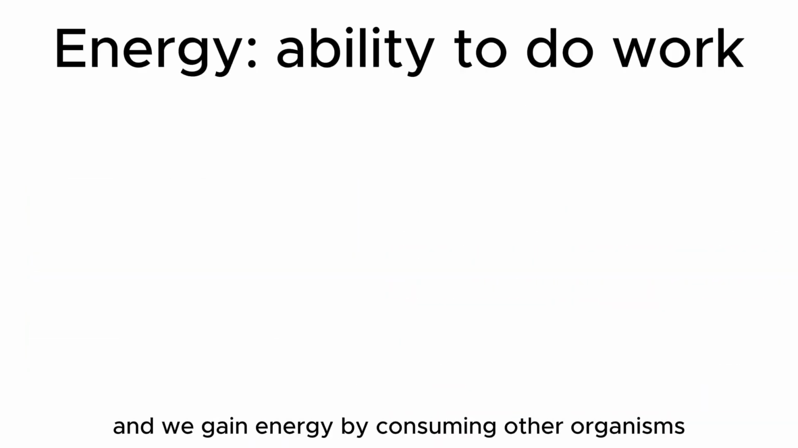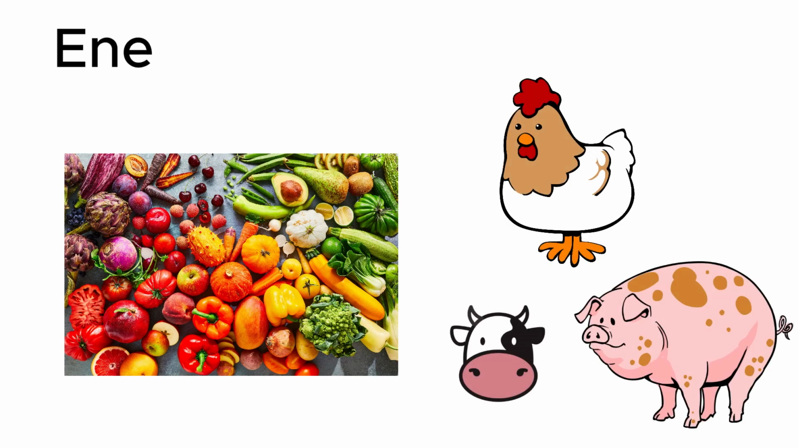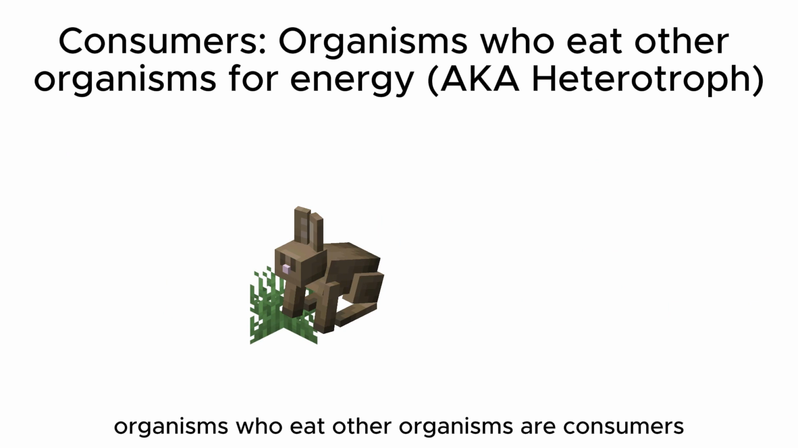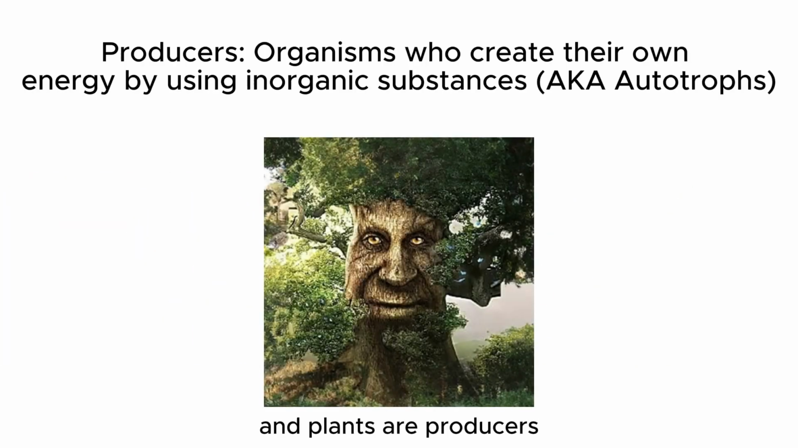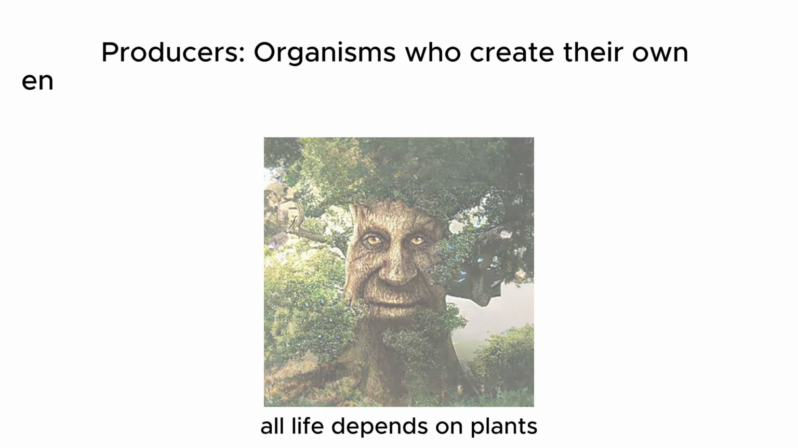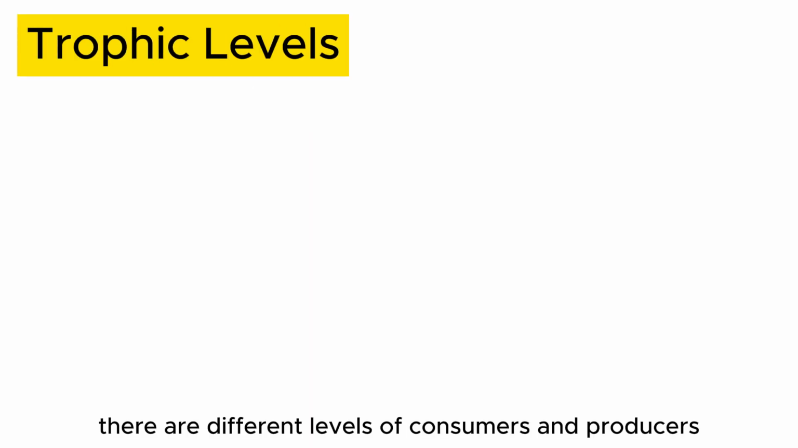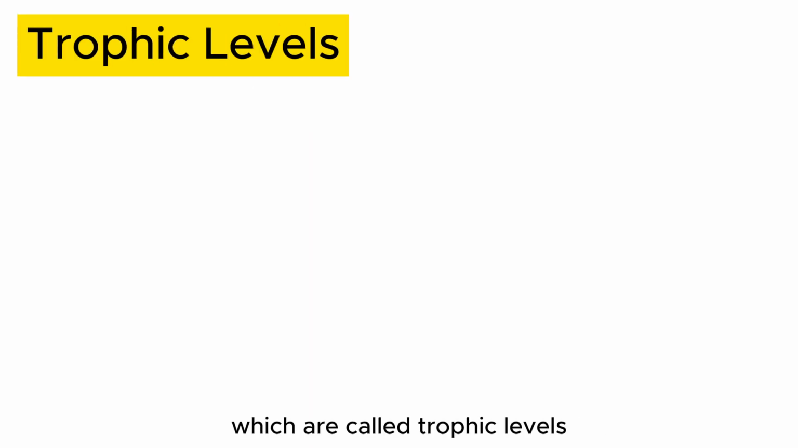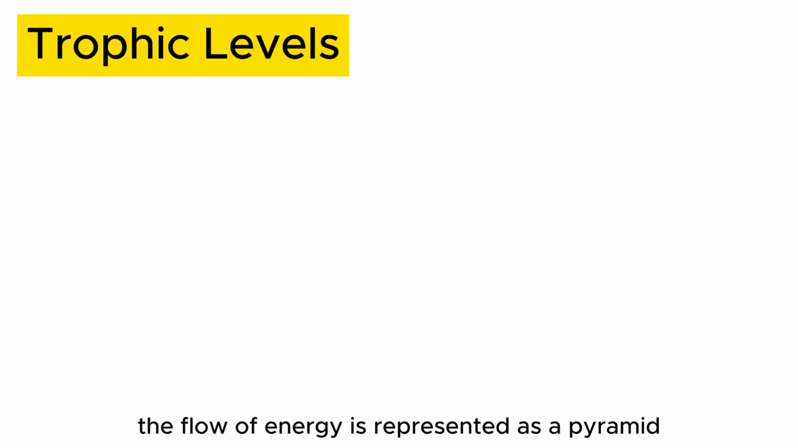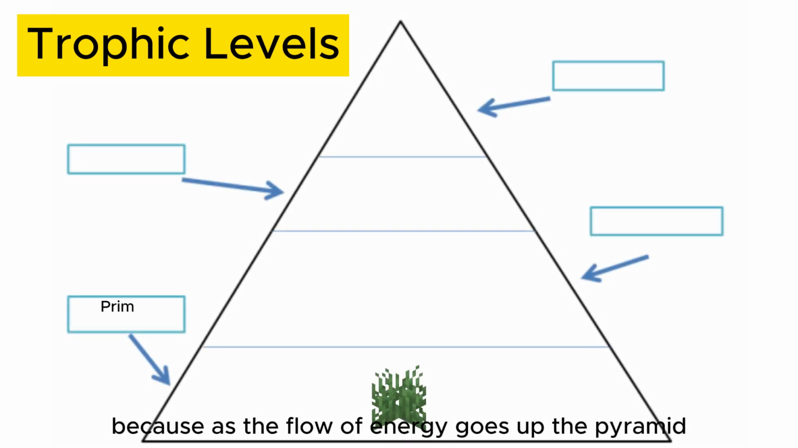To recap, energy is the ability to do work, and we gain energy by consuming other organisms such as plants or animals. Organisms who eat other organisms are consumers, and plants are producers. Because plants produce their own energy, all life depends on plants. There are different levels of consumers and producers, which are called trophic levels. The flow of energy is represented as a pyramid because as the flow of energy goes up the pyramid, the